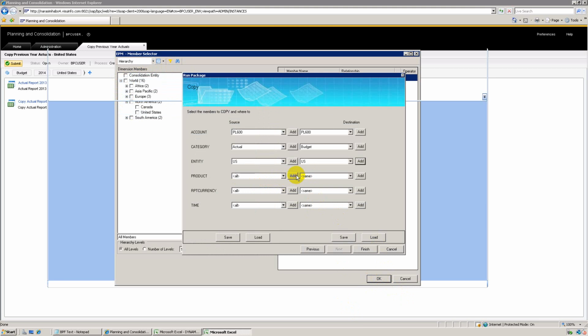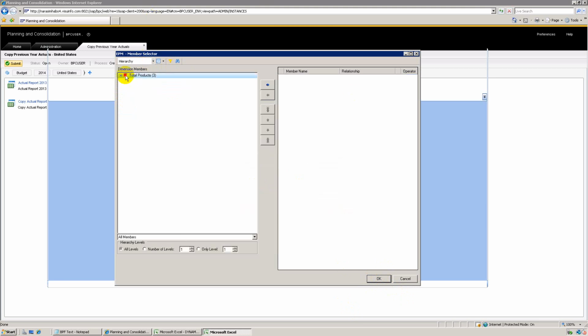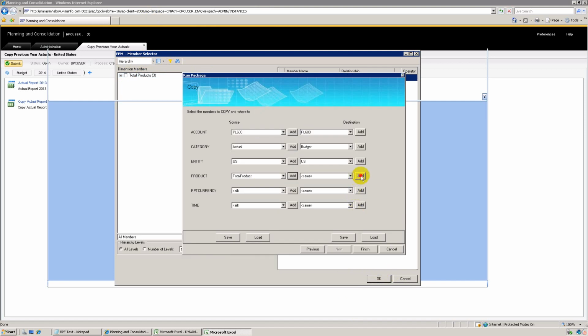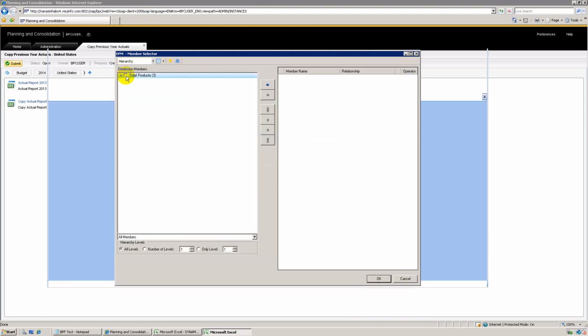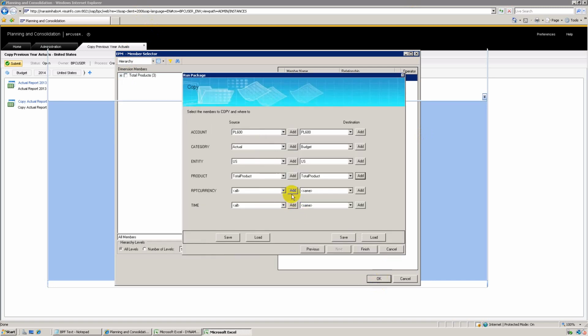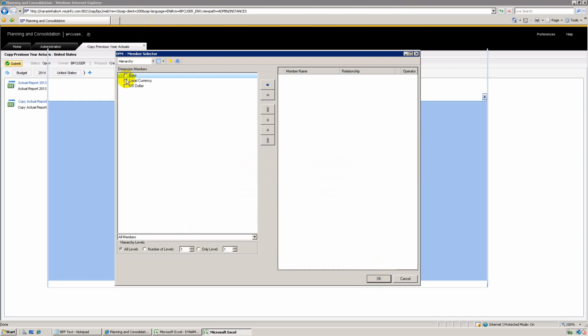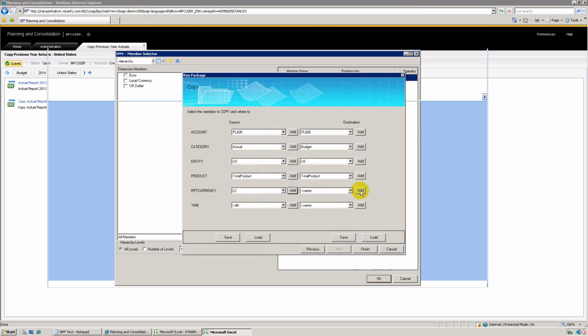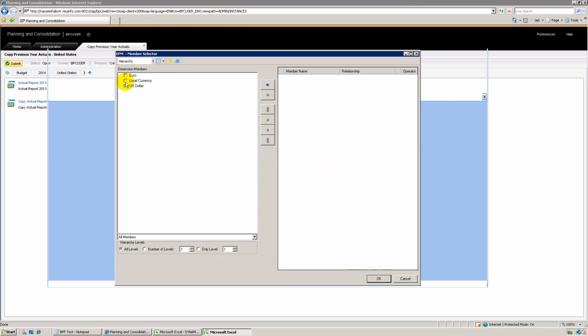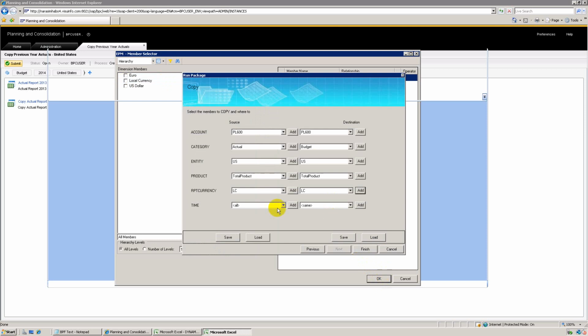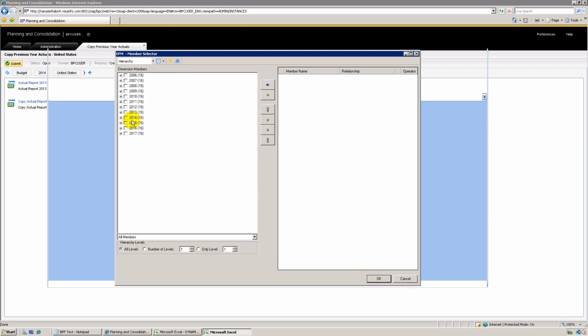So product, we'll choose all products, so that's total products, and we will choose total products for budget as well. Reporting currency will be local currency. We'll choose local currency, and this will be local currency for budget as well, and time will be 2013 for actuals